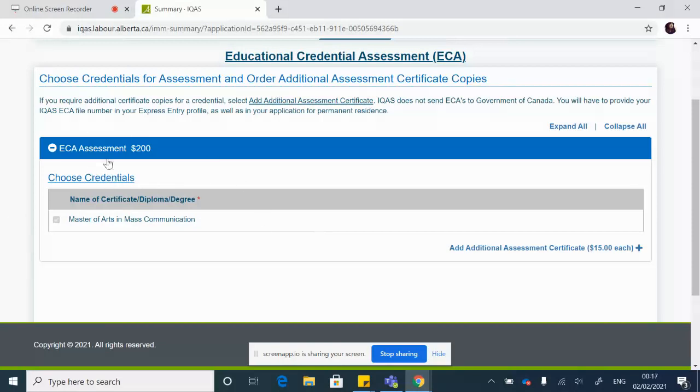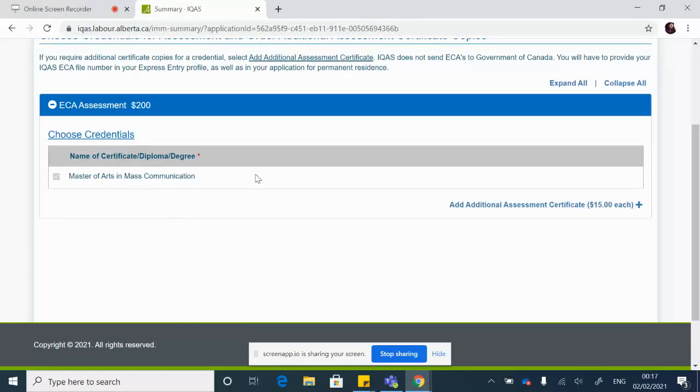Okay. ECA assessment, $200. It says if you require additional certificate copies, add additional assessment certificate. IQAS does not send ECAs to government. You will have to provide. Okay, so WES directly sends it to the government of Canada and it automatically gets updated on your Express Entry profile. But IQAS sends it to you, so you have to fill in that number on your Express Entry profile. The good thing about